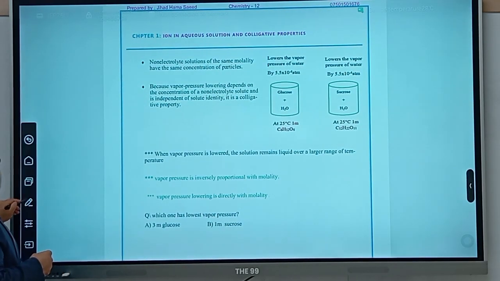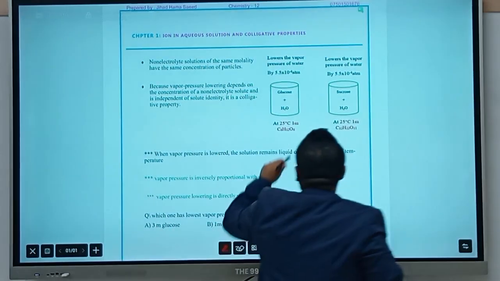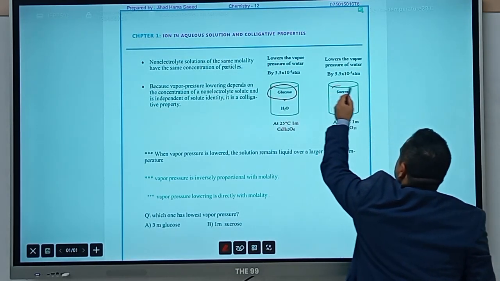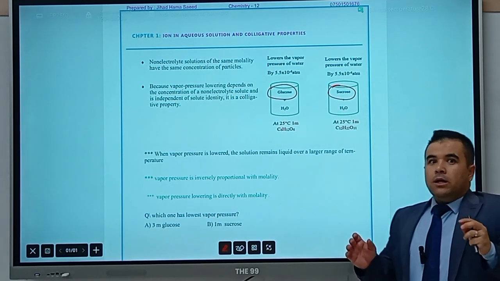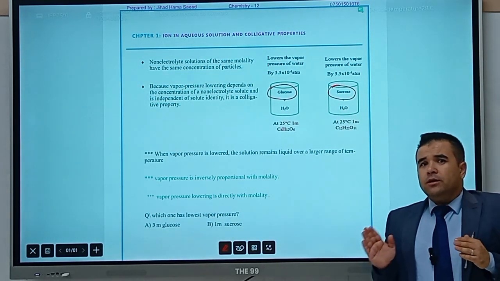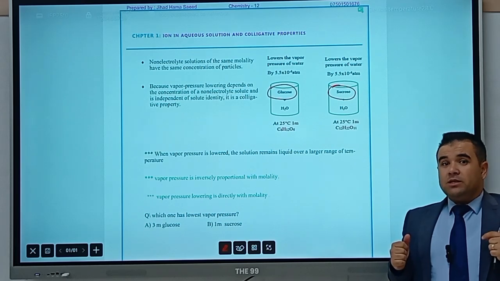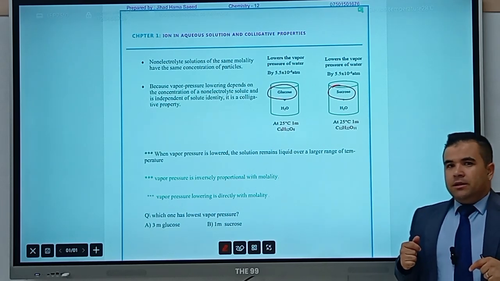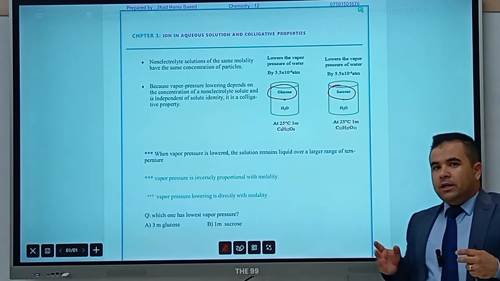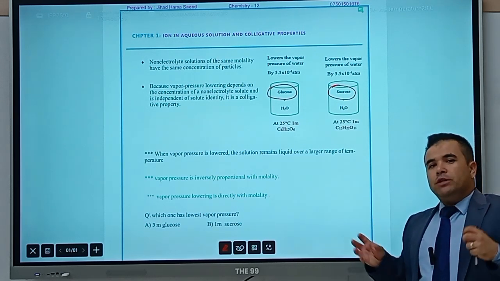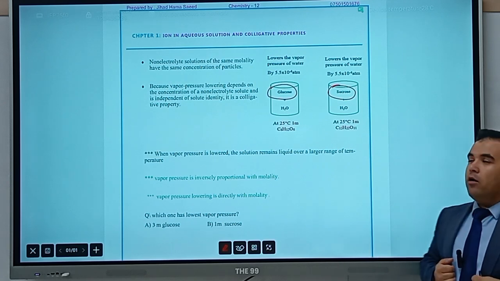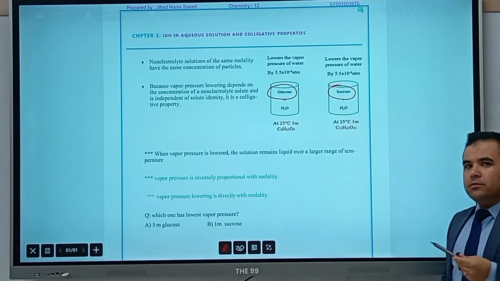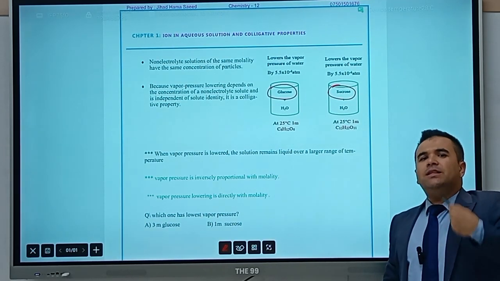Guys, we have two different non-electrolytes here, glucose and sucrose. In this part of the colligative properties, at the beginning we'll be talking about non-electrolytes, and later in the second part of the colligative properties we'll be talking about electrolytes. We will include the electrolytes as well. Guys, glucose and sucrose have different properties and identities,